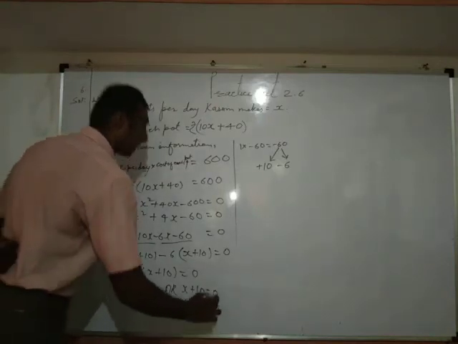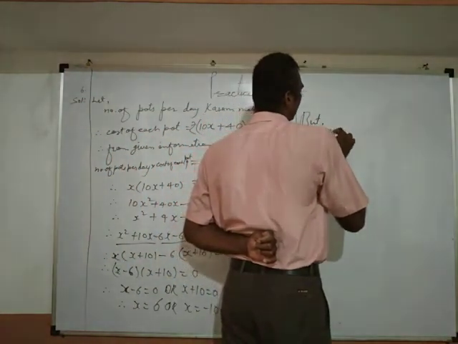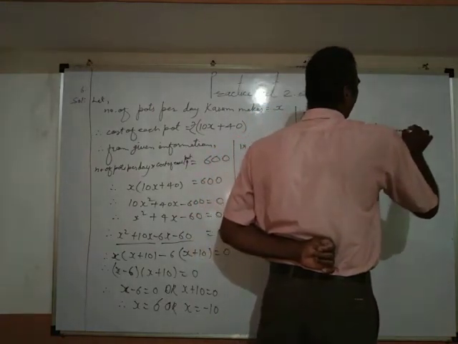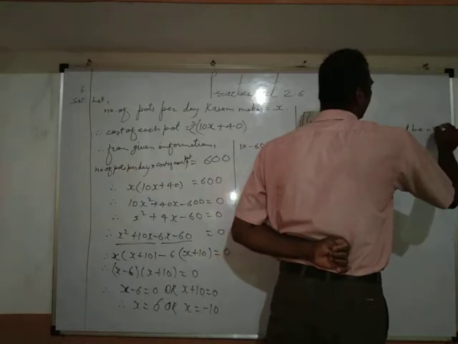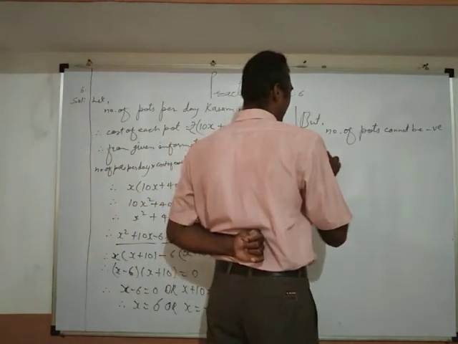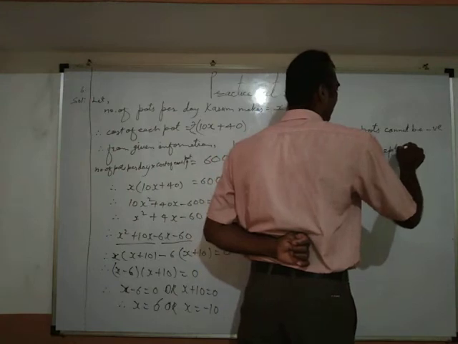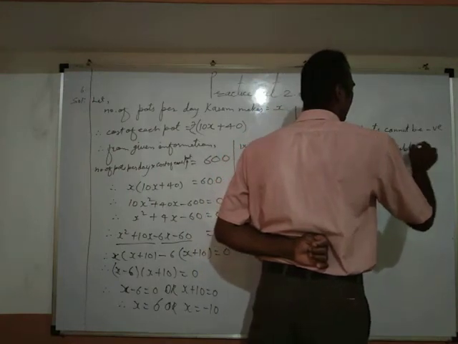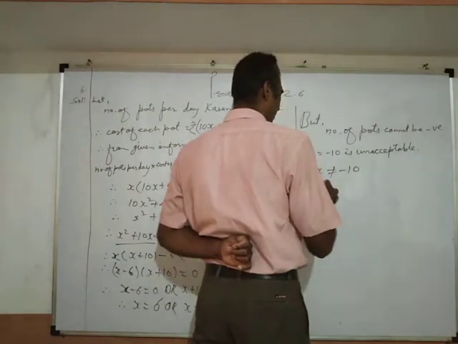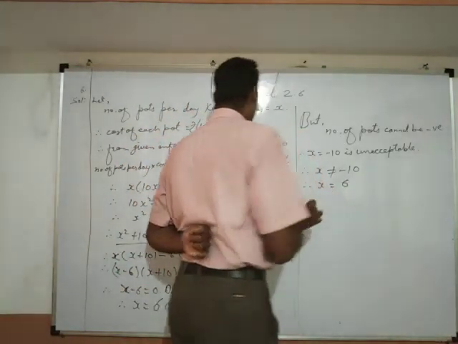x equals minus 10. But the number of pots cannot be negative, and therefore x equals minus 10 is unacceptable, and therefore x must not be equal to minus 10, and therefore x must be equal to 6, and therefore let's